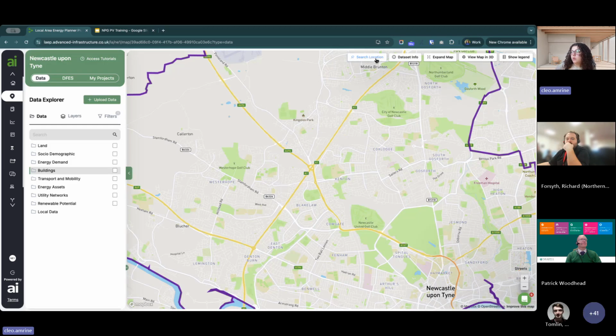I believe we do have a feature request that we've already got logged, and we are working on bringing to LAEP Plus in the future, to search by address, because we can certainly see why someone might not know the postcode of a specific building or want to find a specific building within a postcode. I actually don't think we have heard searching by lat long before, but I can definitely bring it back to the team. So it's not something we have plans to add, but once it's been requested by one of you, I can definitely bring it back to the product team and see if it's something we could develop in the future. But unfortunately right now there wouldn't be a way to do that.